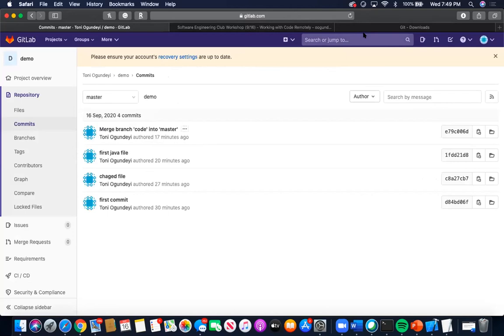There's another question. I think you kind of went over it, but what was the difference between Git Fetch, Git Clone, and Git Pull again? So Git Clone is going to basically take everything from your repository